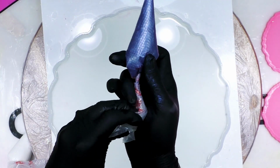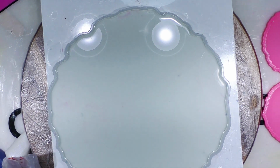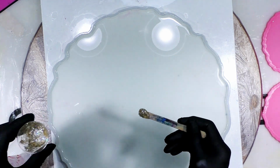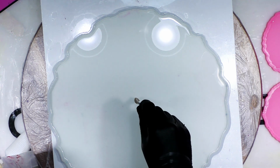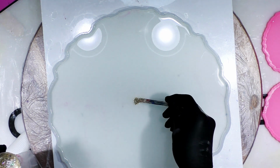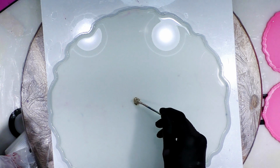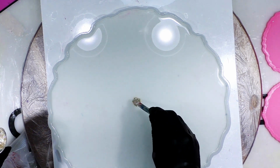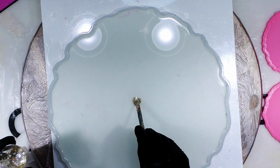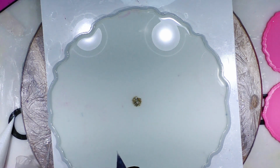And it's important when you're holding these bags to get that crunched in your hand, otherwise it'll drape into the resin. Okay, I'm going to go ahead and put some glitter in the middle, and less is more. Because often it will spread, and just make sure you're pretty centered on that. It's 28 minutes,